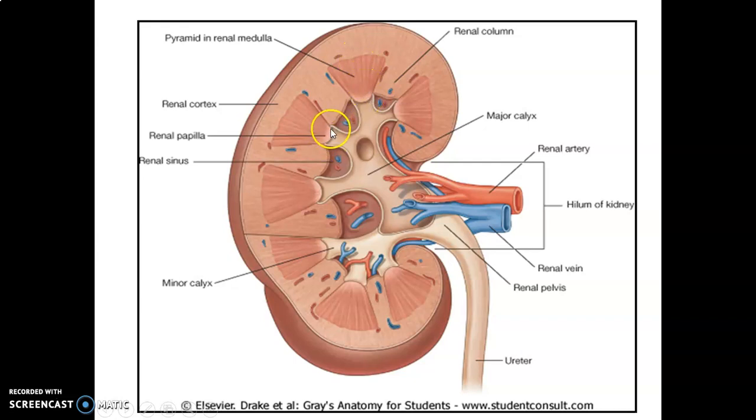Then from there, urine drains into minor calyces. Minor calyces join to form major calyces. Major calyces join to form renal pelvis, which is the dilated portion,